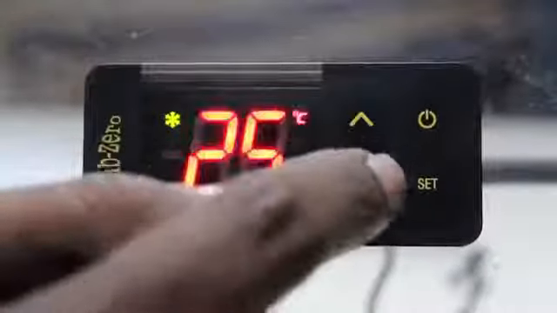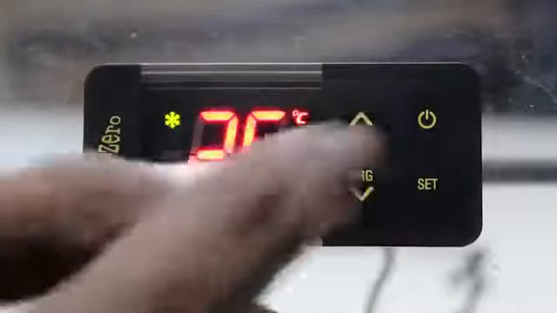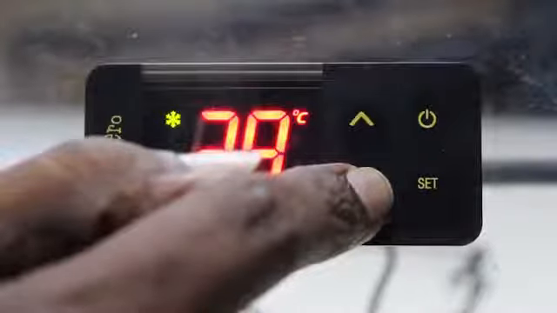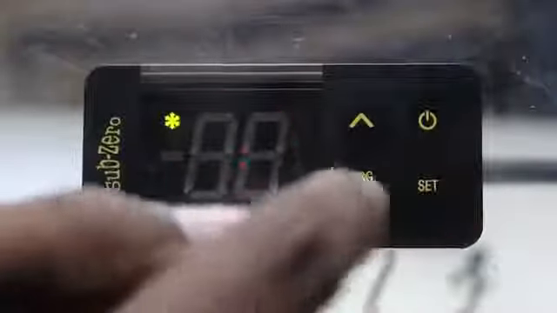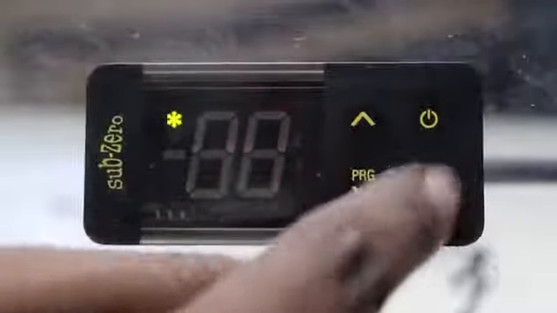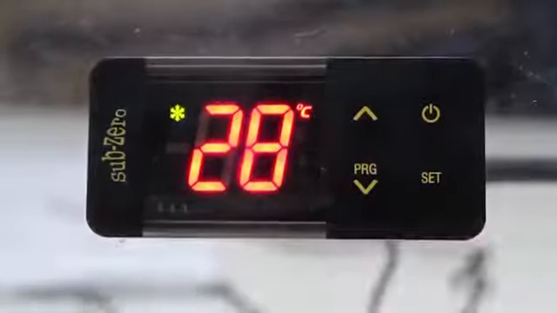It will show LP. LP means lock keypad. Now to unlock this controller, you should go into the program mode. P1, P2, P3, P4, P5, P6, E1 and LP is there. It is right now 1, make it 0 and now your controller is unlocked.